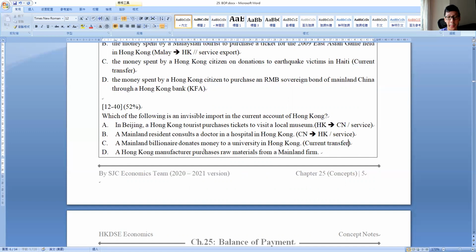And finally, purchase raw materials. So whenever you see raw materials, this will be a visible trade. 呢個 visible 㗎，得唔得？Not invisible. Raw material, you can touch them. Okay, tangible. Therefore, answer would be A in our case. 好嘛？答案咪 A 啦。